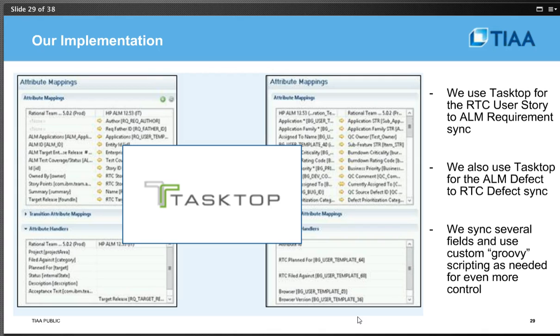And with any of these kind of synchronization tools, they're pretty similar, where you define your endpoints, you set up your mapping, you can map from field to field, and you can do any translation that you need. I know one of the things that I really like about Tasktop is that we can use custom Groovy scripting. So Groovy is actually a language, if you didn't catch that reference. I didn't know that before I started working with it. But it's a scripting language, and you can get really granular with how you do some of the translation between